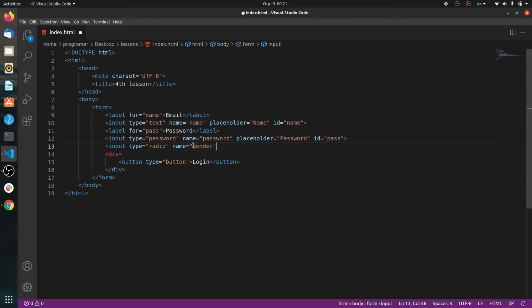Pay attention to this. Whenever you add two or more radio buttons and they have one action to do, you need to give all of them the same name. In future lessons, when we talk about PHP and the backend, you will see why we use the name attribute here. These are for the backend, and these will send the information to the backend. Okay, so the input radio, the name that has gender, the ID that will be male,